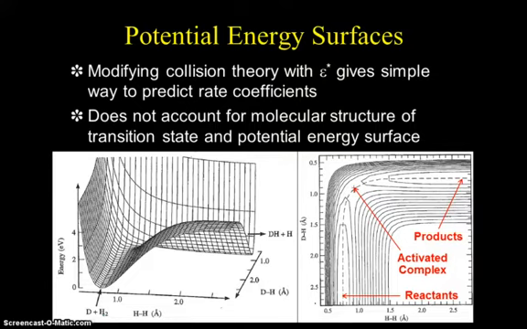Now another consideration is that we made a very simple assumption when we said that we could just use this epsilon star value in collision theory and that would tell us all we need to know. It doesn't account for the molecular structure or the transition state. And in order to really account for what happens in a reaction, we need to consider the transition state. What this refers to can be illustrated with a simple reaction. If we have a deuterium atom reacting with a hydrogen molecule to make DH plus a hydrogen atom, so basically we're exchanging one hydrogen between those two molecules,